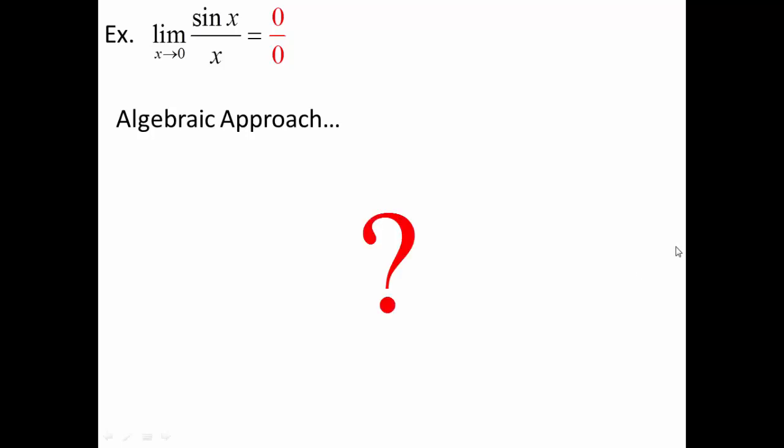Now for something completely different. Limit as x approaches 0 of sine of x over x. Here we have a limit involving a trig function. If I start with my normal approach, plug in 0, I get 0 over 0. I see I have my indeterminate form, so then let's try my algebraic approach. But then I get stuck. How do I approach a trig function algebraically? And I'll tell you, your guess is as good as mine on this one. How I do this algebraically, I have no idea.